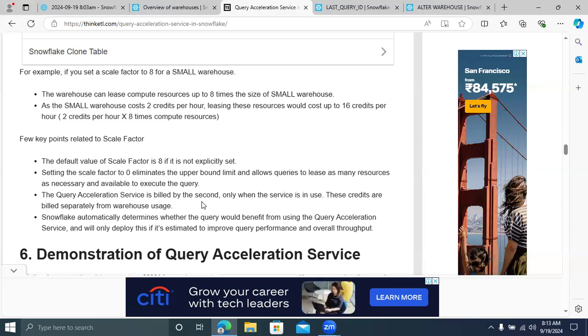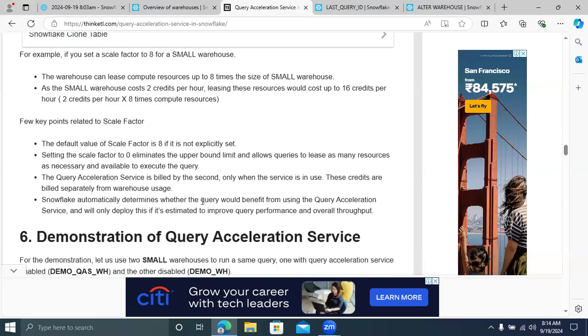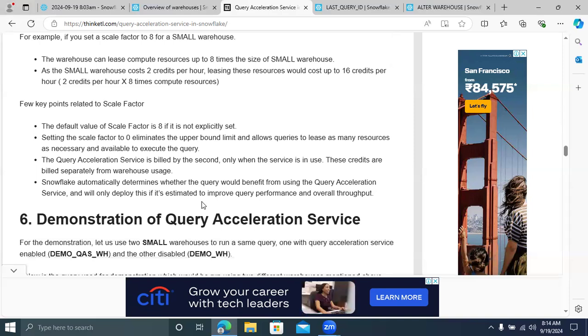Warehouse billing is separate, and query acceleration billing is separate. Got it? Now you can get the benefit of query acceleration services when you deploy, and you can improve query performance and overall throughput.